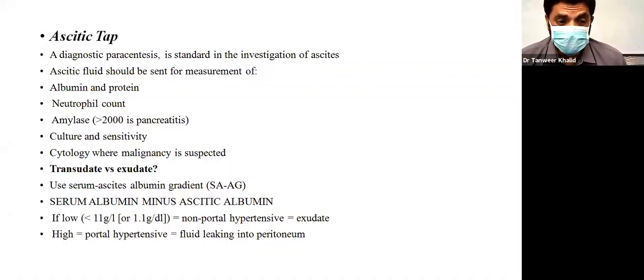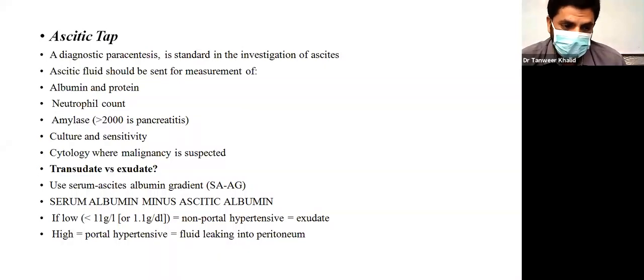Whether this ascitic fluid is transudate or exudate, we decide on the basis of the serum ascites albumin gradient. It's called SAG. How do we calculate SAG? It is calculated by subtracting the ascitic albumin from the serum albumin. For example, if the serum albumin is 3.6 and the ascitic fluid albumin is 0.6, then we subtract 0.6 from 3.6, which gives